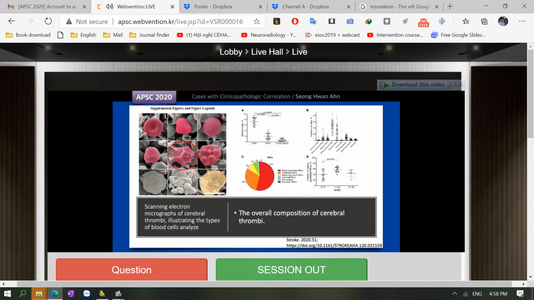Also, they suggested that large polyhedral red blood cells are the main component. The number 5 in the left figure is a case of polyhedral red blood cells. It means strong platelet-derived clot contraction, and they found that rich polyhedral red blood cells were